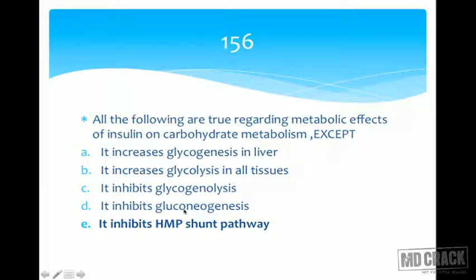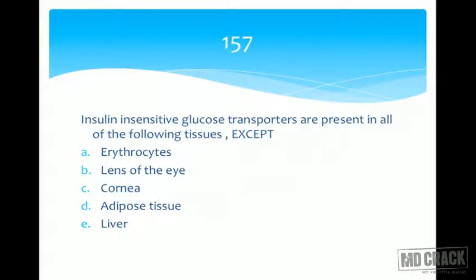It inhibits gluconeogenesis. Again, why would the body want to release glucose when enough glucose has already come from the diet? So it does. It inhibits gluconeogenesis. It inhibits HMP shunt. No, actually during all this process, it sees to it that the HMP shunt is also activated, so that enough reducing equivalents are there, and fatty acid synthesis can also take place in the well-fed state. So it will not inhibit the HMP shunt. So let's go to the next question.